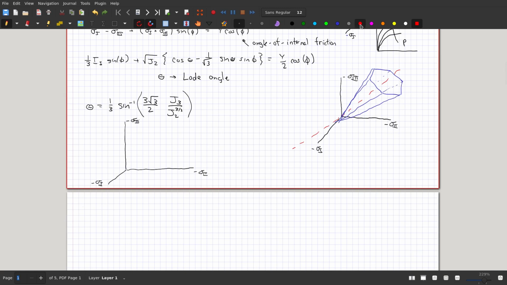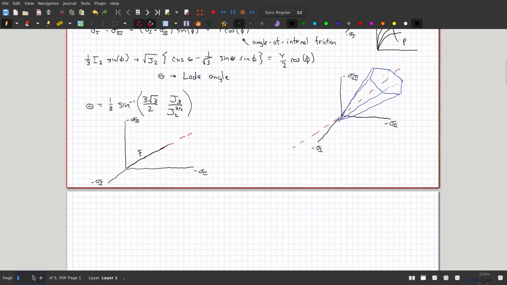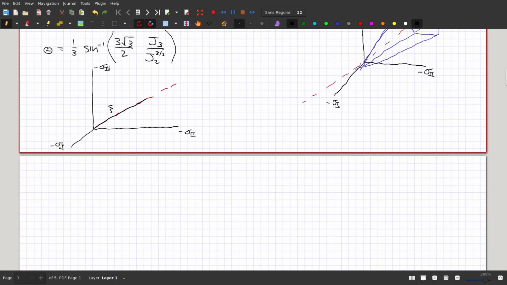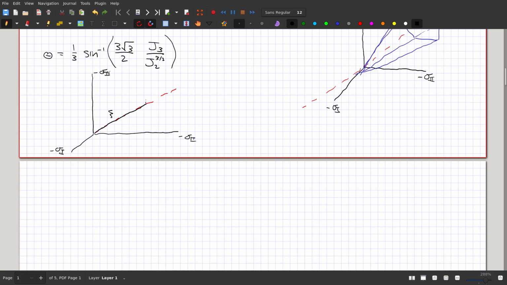Along the hydrostat, it can be useful or sometimes convenient to visualize this in a polar coordinate system where you have some distance along the hydrostat, maybe xc, and then if you were to draw a vertical line here that's parallel with sigma 3, then the load angle would be